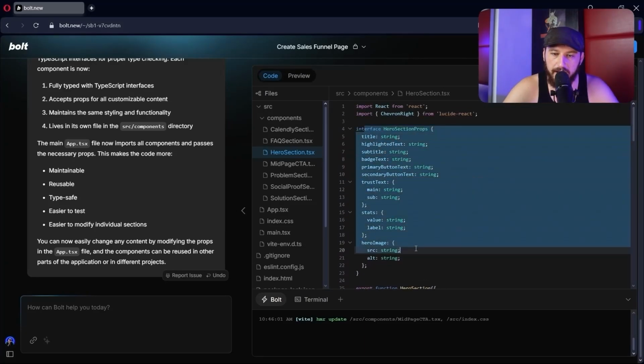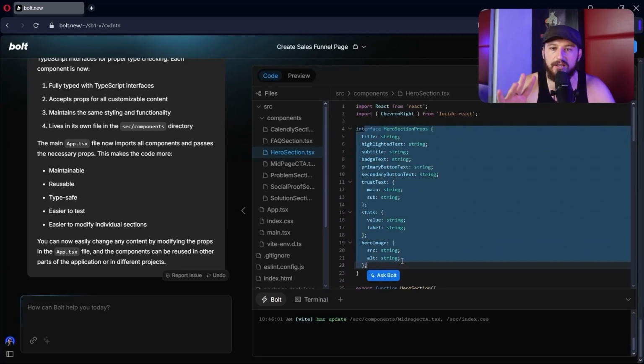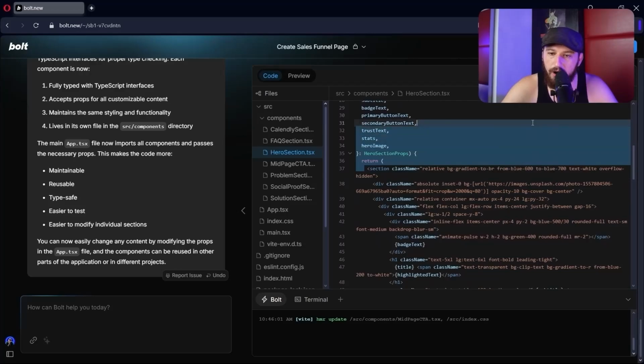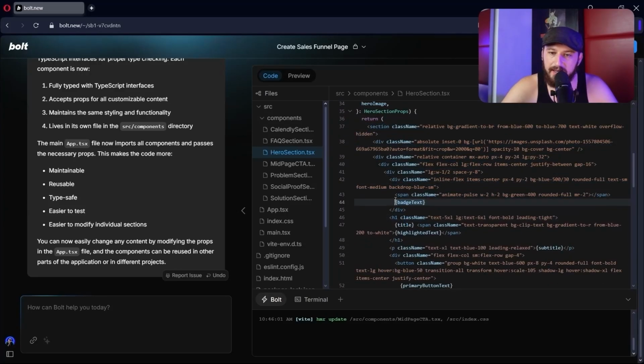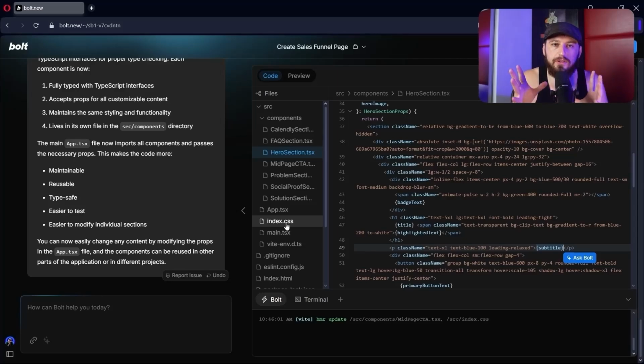See up here you've got your props. These are the information that's going to change: the text, the images. We're going to use AI to generate this, right? And then down here it's got all the HTML and CSS, and it inserts these props like the title, the badge text, the subtitle into these different locations in the HTML so that the page can be dynamically created with different content every time if you wanted. This will also make it a lot easier for Bolt to start managing these pages as we make our tweaks